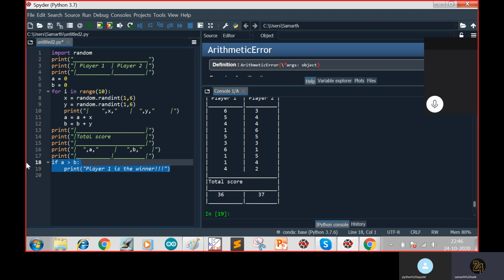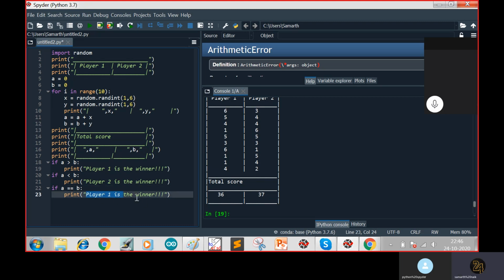If we write else here and it's a tie also, then it might show that player 2 is the winner. So we need to just rewrite this once, and then one final time we need to write if A is equal to B, we need to write a tie message. So we'll just put this.